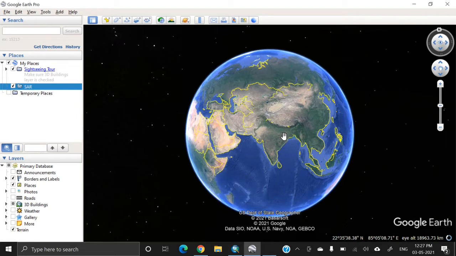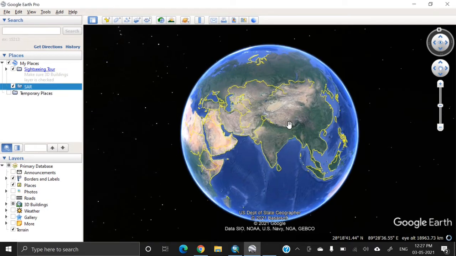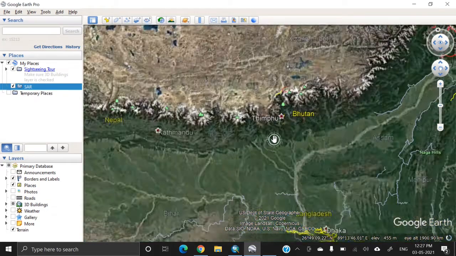To do this, first we have to launch Google Earth and go to your desired area.